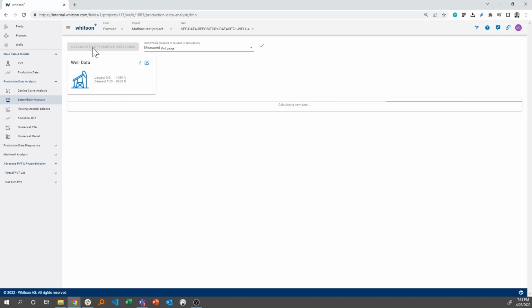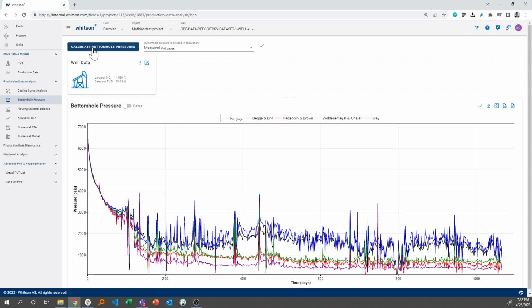And when you're calculating bottomhole pressures in Whitson Plus, we're actually calculating 4 different correlations at the same time. Those 4 different correlations are the Beggs and Brill, the Hagedorn and Brown, Woldemichael and Gaillard, and Gray. Typically, you say that Gray is used for dry gases, wet gases, and also gas condensates. Hagedorn and Brown you typically use for oils. Beggs and Brill you tend to say that you like to use for liquid-rich type of systems. And Woldemichael and Gaillard is one of these correlations that try to cherry pick between,